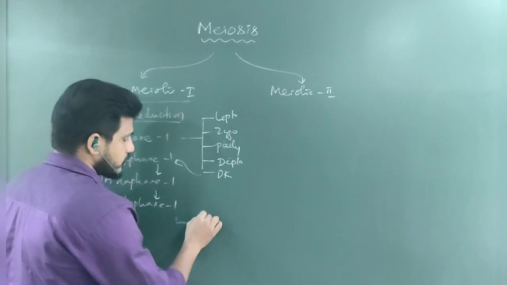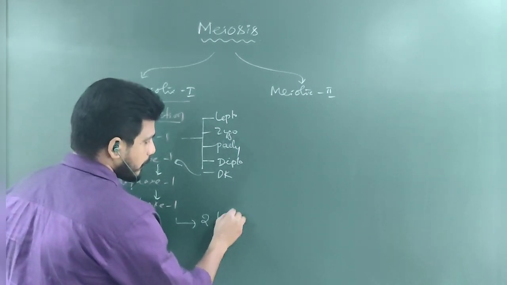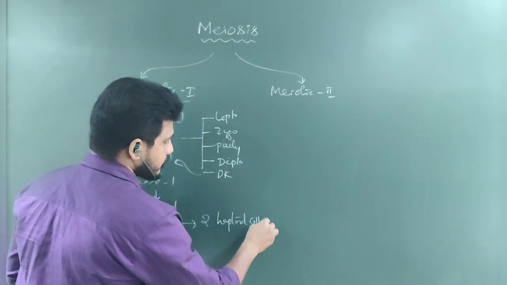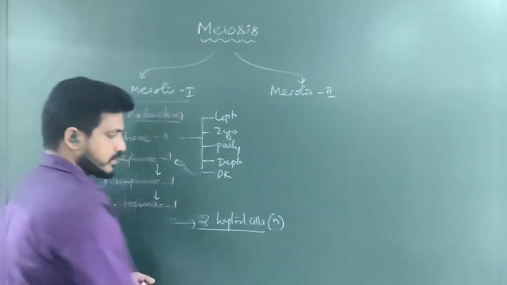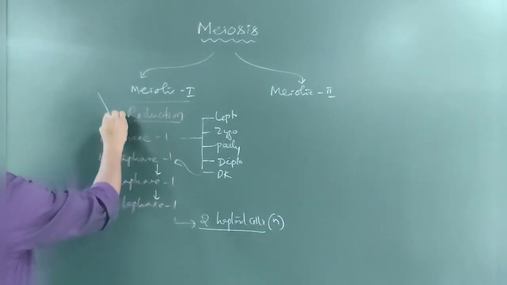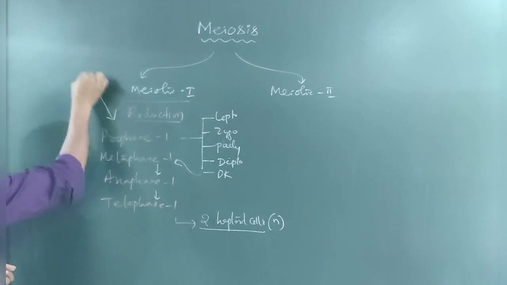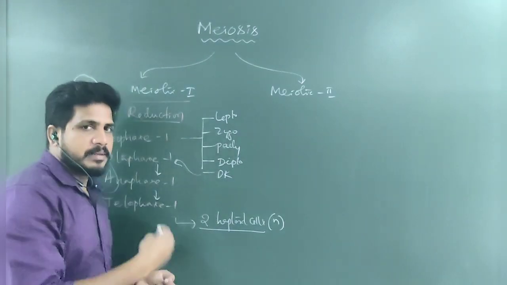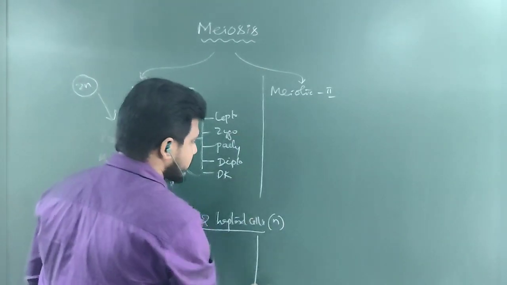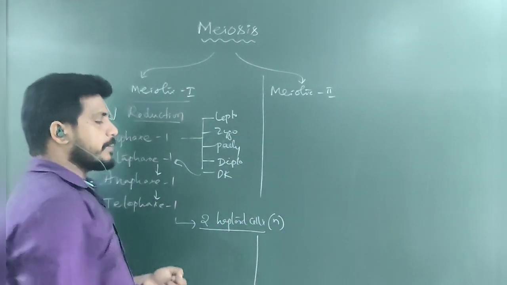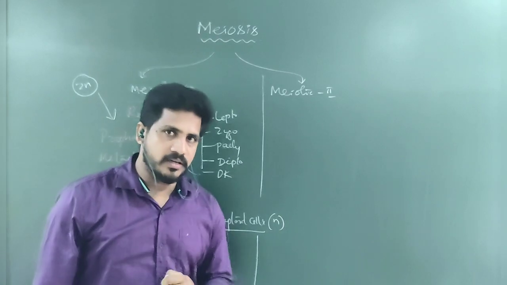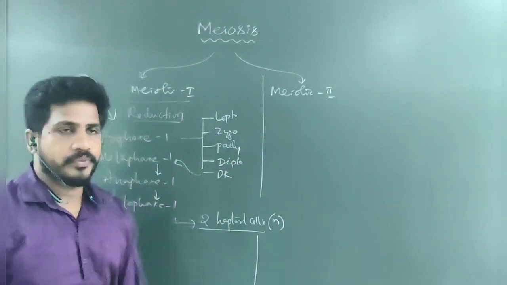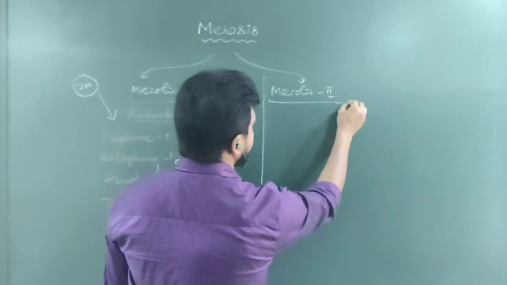So the result is 2 haploid cells, the state is N, whereas a cell entering meiosis 1 should be diploid. So this is not yet the germ cell; meiosis is incomplete, I can say. When these haploid cells, the result of meiosis 1, enter meiosis 2, meiotic 2 is